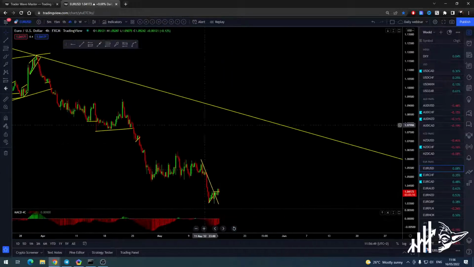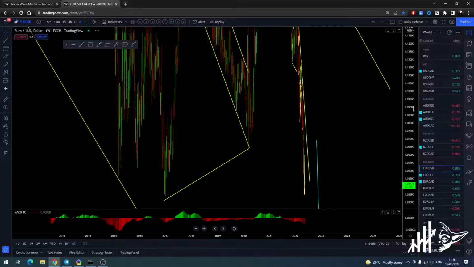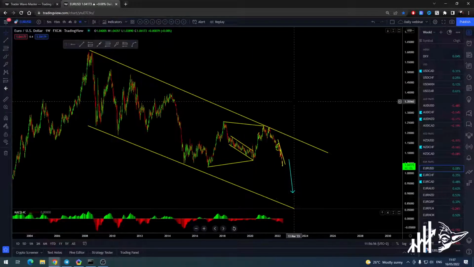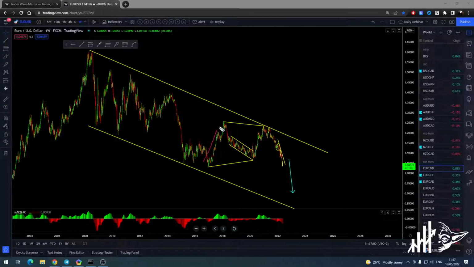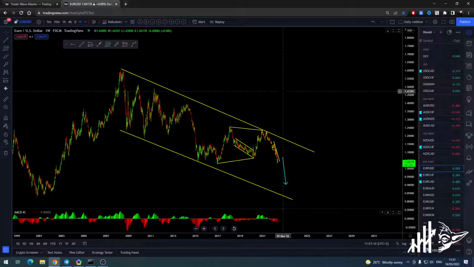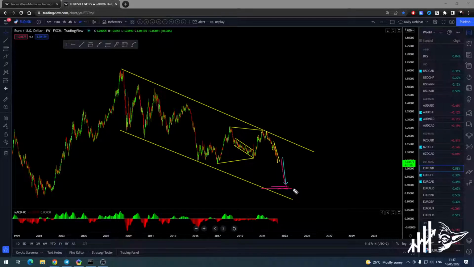Euro USD. Okay, Euro USD is in this weekly big structure, and what I think is we are having there a nice contracting flat which is developing, and I think it's completed, so we will be just selling it. Okay, euro dollar, it's a nice sell. And I really see this one going lower back at this trend line.